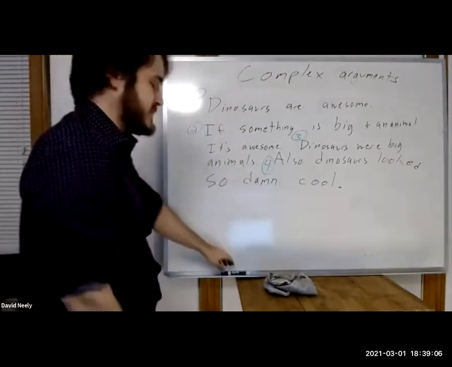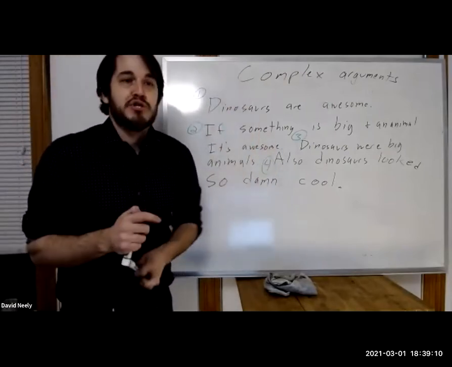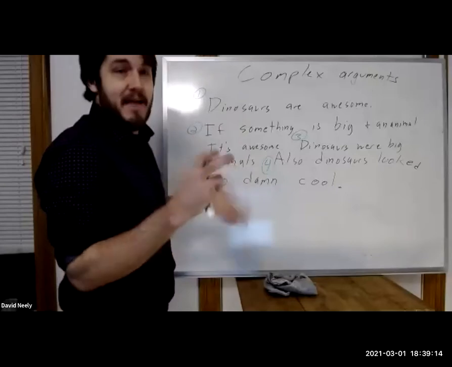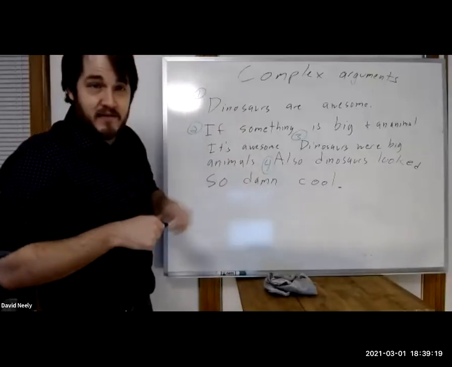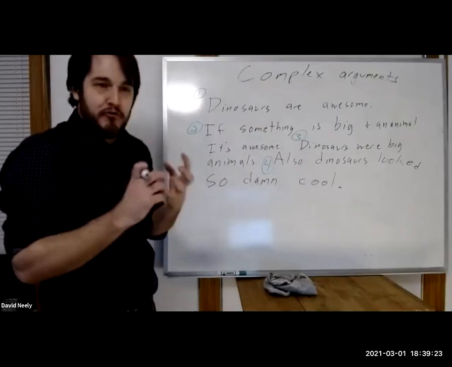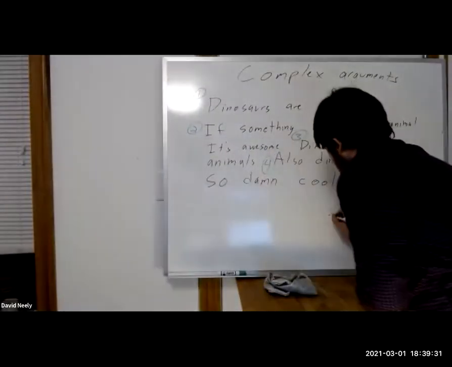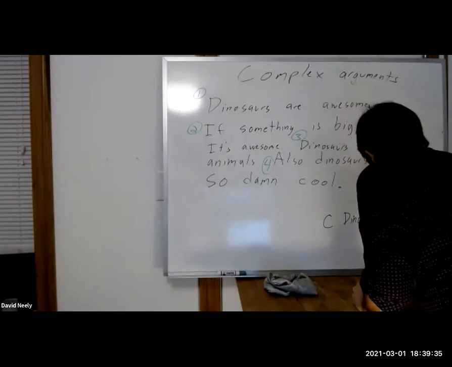If you came across these 4 sentences, whenever you're forming one of these argument structures, there's always going to be one ultimate conclusion that the person who said this would be trying to get across. So if somebody said these 4 sentences in this order, what would they be trying to prove? What is their ultimate conclusion? Dinosaurs are awesome. Yes, so the final conclusion is: Dino equals awesome.